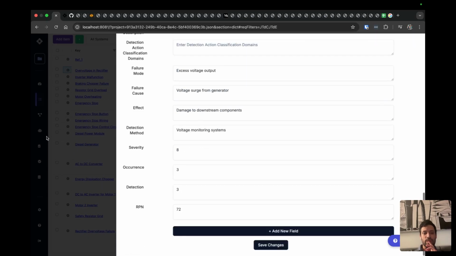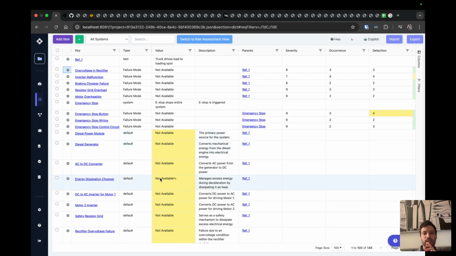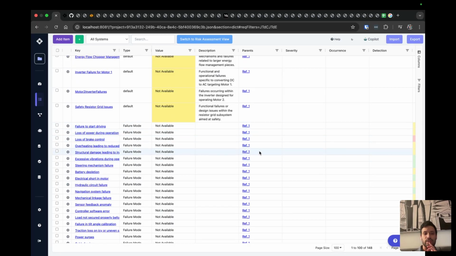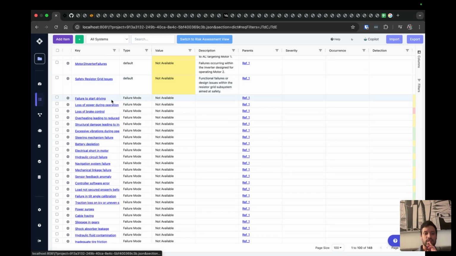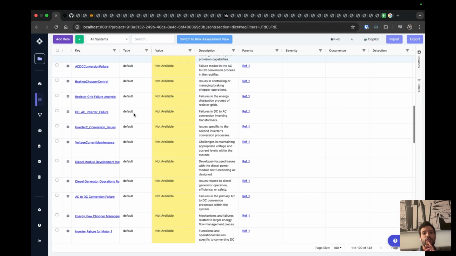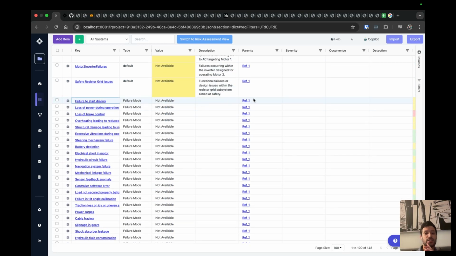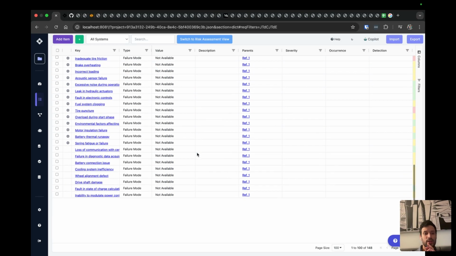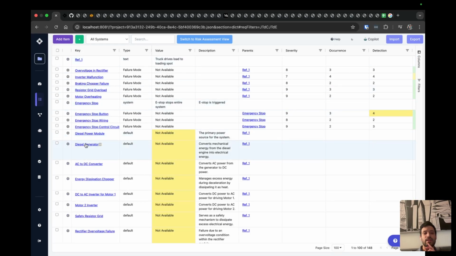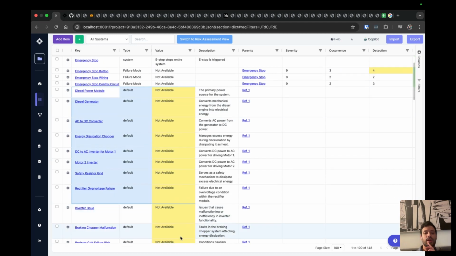Okay, so the way we're going to do that is let's take a look first at some of the new ones that we developed. So those are all of these down here, and you see the fields have changed a little bit. So these are some really high level failures, like failure to start driving, loss of power during operation, because we're talking about the entire task, not just the components. And what you'll see in a minute is the focus element that we select to do that is going to be ref1. So it's just going to be the task itself rather than some item